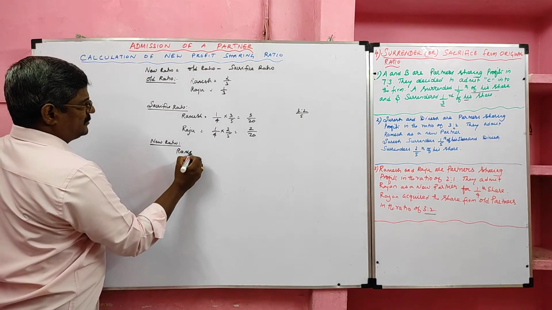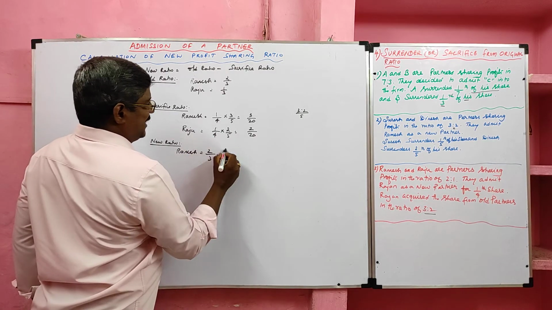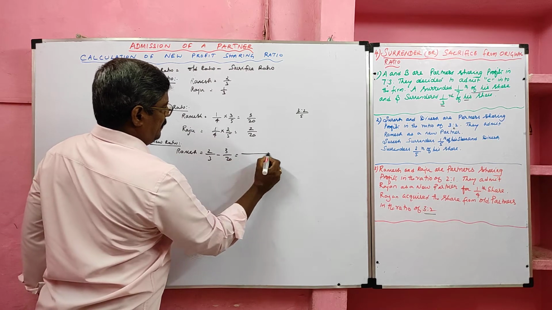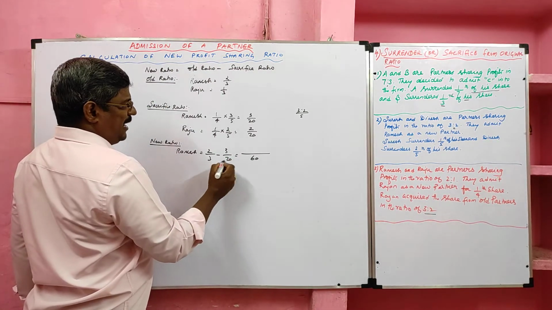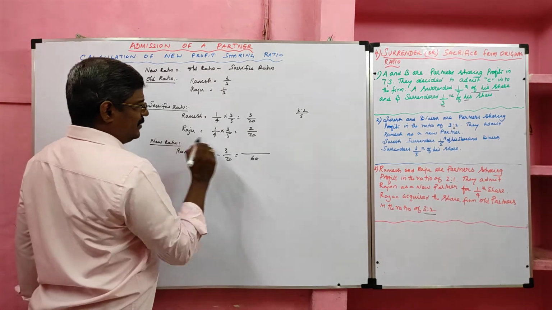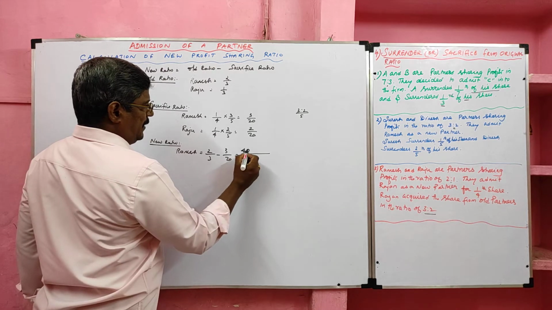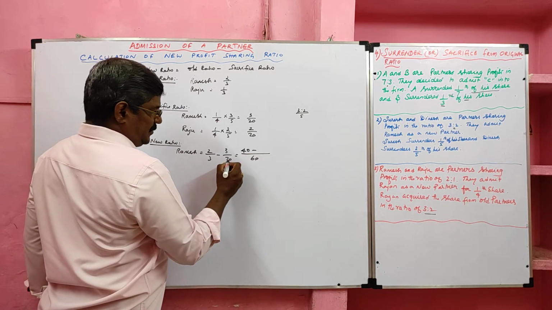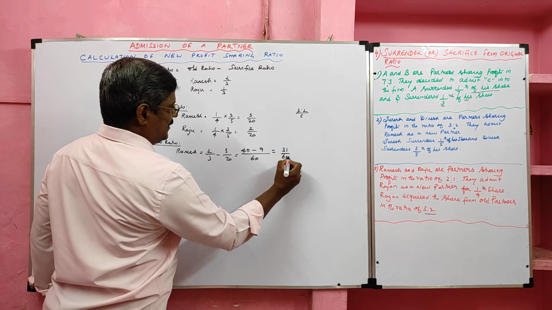So Ramesh's old share is 2/3, and the sacrifice is 3/20. For the common denominator we can take 60, because 3 and 20 are not divisible into each other. I multiplied 3 and 20 and got 60. 60 divided by 3 is 20, into 2 is 40. 60 divided by 20 is 3, 3 3s are 9. So the balance is 31/60.